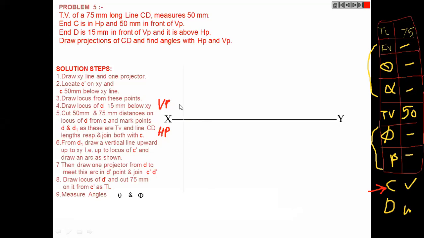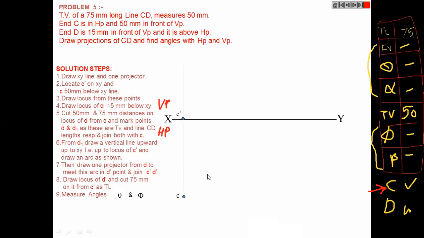Okay. See, one standing line is drawn for reference. Now this is the point C. It will be seen in HP in which view? Front view. Understand? So that is C dash. And its top view, we will be able to see like this, 50 mm away. Clear up to this? Clear? Point C location. Yes.